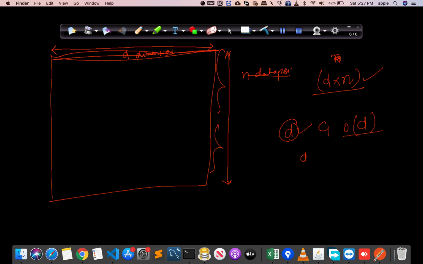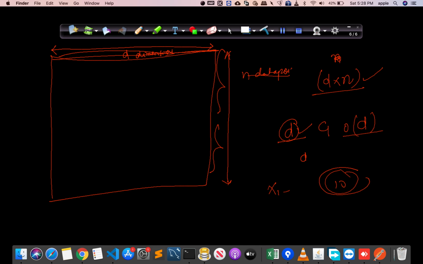Because the word that is present in our data point, suppose we have a data point x1 and it contains 10 words, we just have to go and see the probability that this particular word is present when the class is this and this, and we have to find that. Simple. So at runtime this is order of d, or the number of words that we have in our data point. That is as simple as that.